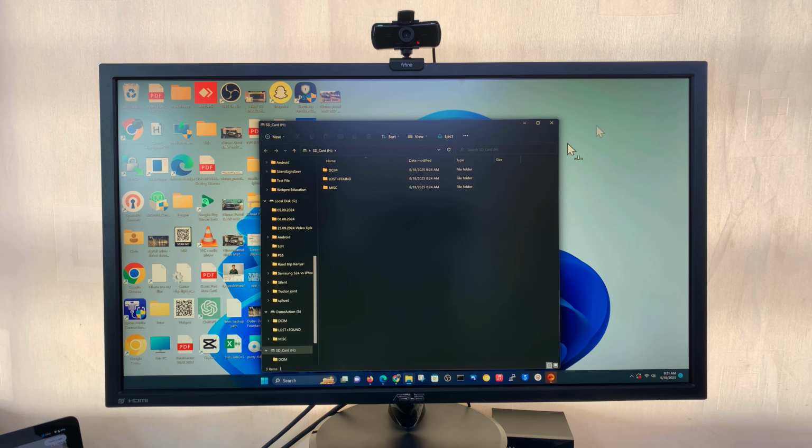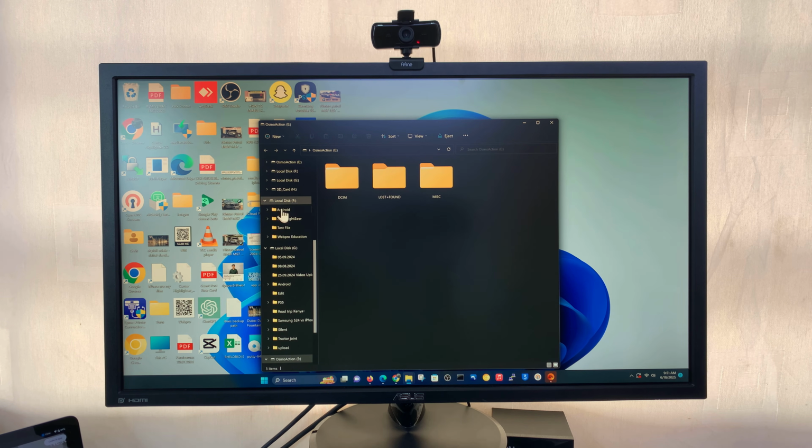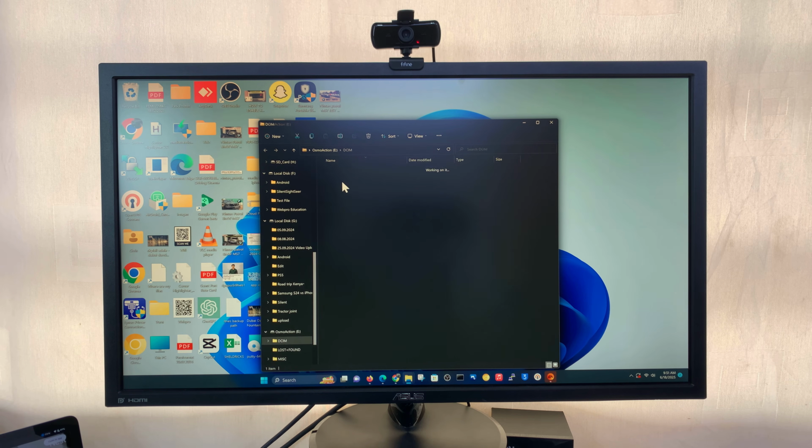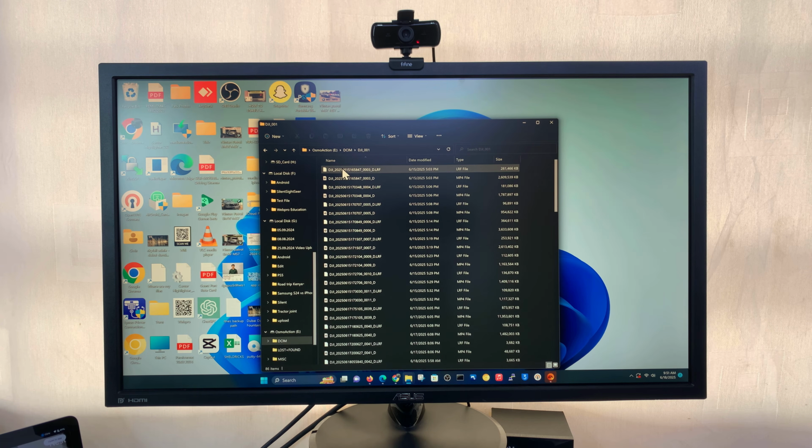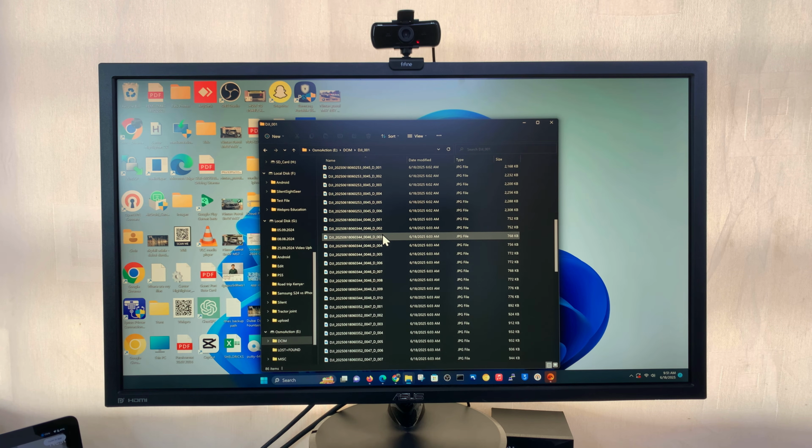Now, in case it doesn't pop up, all you have to do is simply go to this PC, just go to the File Explorer on your computer, and on the left-hand side, look for Osmo Action drive. Okay, so it's going to be called Osmo Action by default. And these are the folders inside the camera. So you can just double-click on that and double click again, and you can see all the files and folders